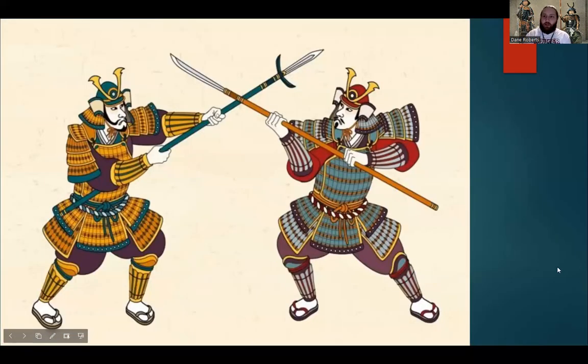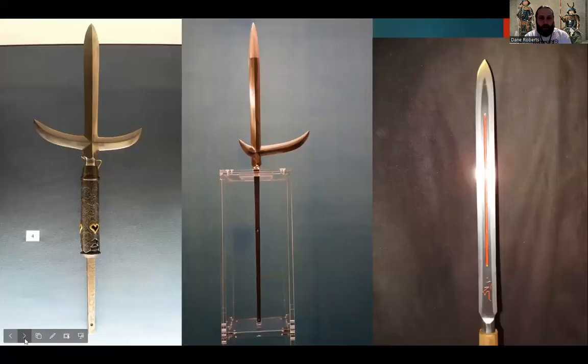But that all being said, the primary weapons and the preferred weapons wielded by most samurai were various types of spears, such as the naginata and the yari, with the yari itself taking on several different forms, whether it be the cross T-shaped or the L-shaped, or just the typical traditional spear shaped. Meaning that the yari could actually have a great deal of diversity and utility for the samurai.